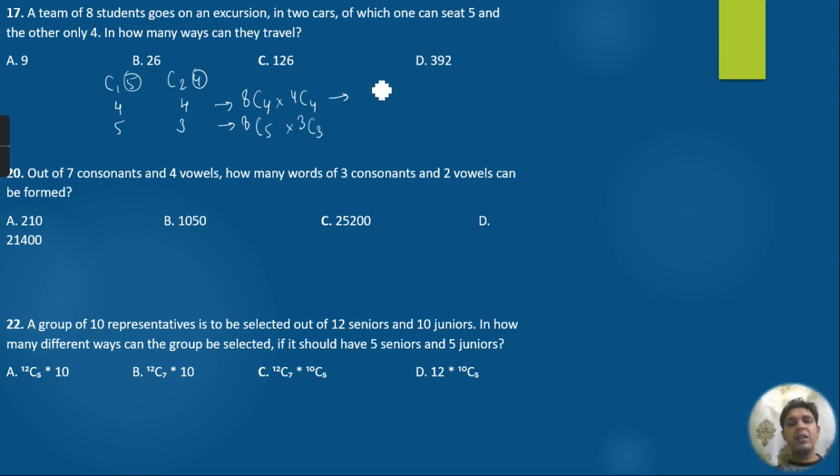Just open it. 1 by factorial 4, that is 24, multiplied by 8, multiplied by 7, multiplied by 6, multiplied by 5. And the other one, 4C4, value 1. Thereafter 8C5: the answer will be 1 by factorial 3, that is 6, multiplied by 8, multiplied by 7, multiplied by 6.